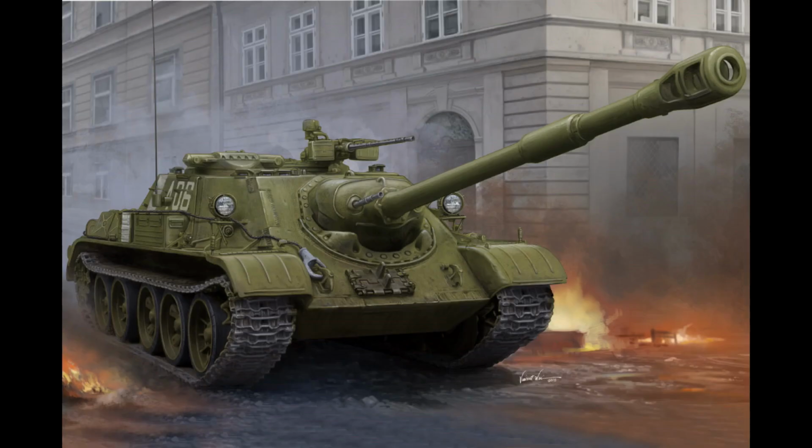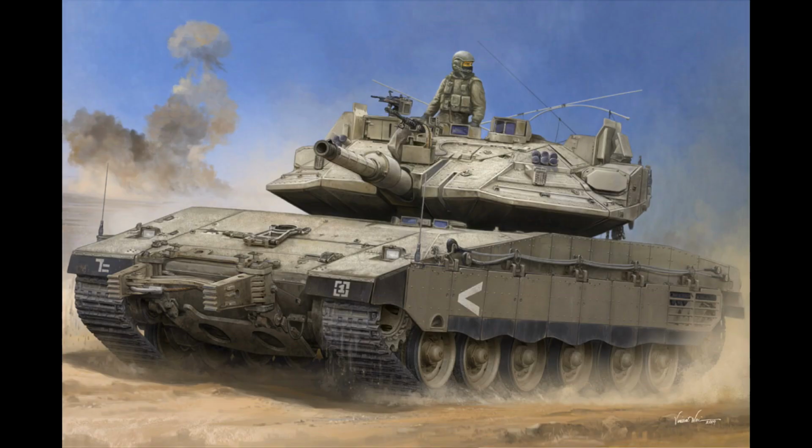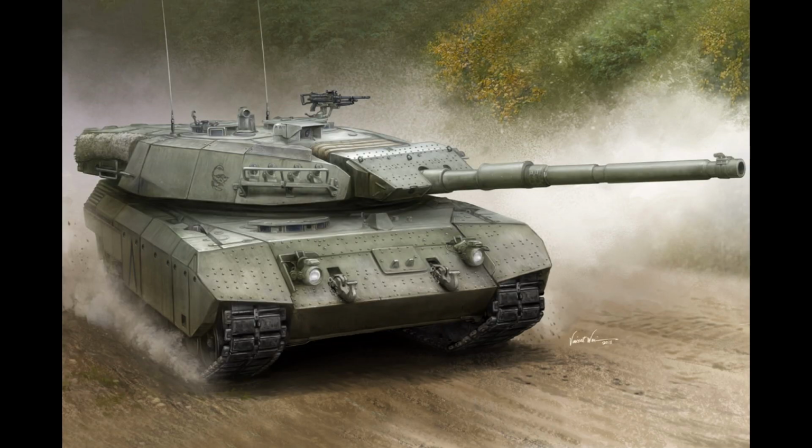We have a Soviet SU-122-54 tank destroyer by Hobby Boss, 1/35 scale, at £47.99. We've got the IDF Merkava Mark IV with Trophy, apparently, by Hobby Boss, 1/35 scale, and that is £43.99. Another 1/35 scale by Hobby Boss is the Canadian Leopard C2 Mexas. That is coming in at